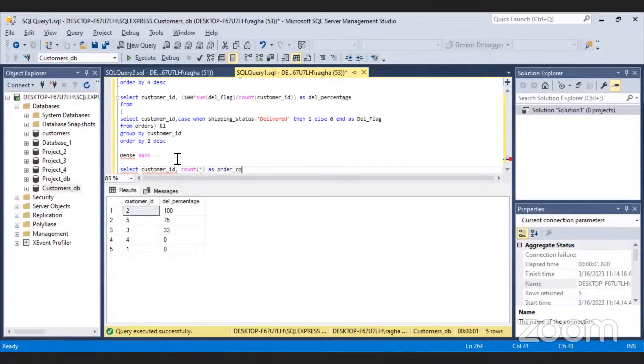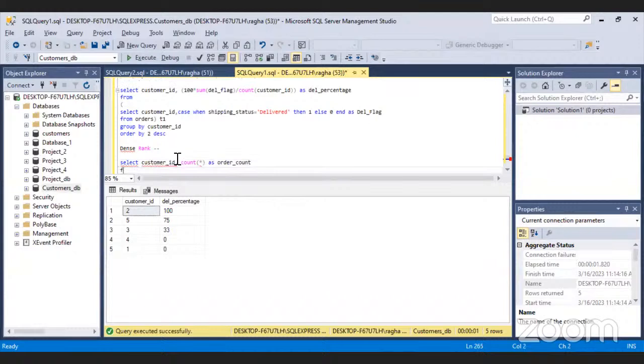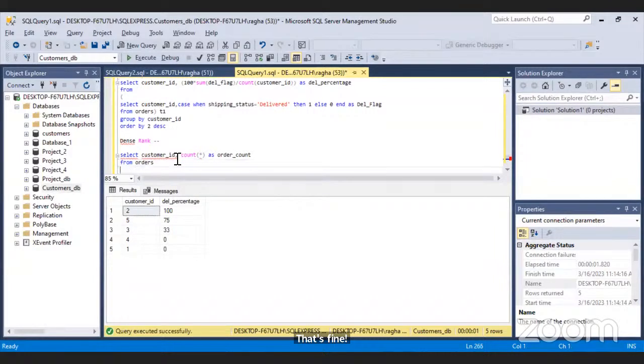As order count. Then I'll use the dense rank function.